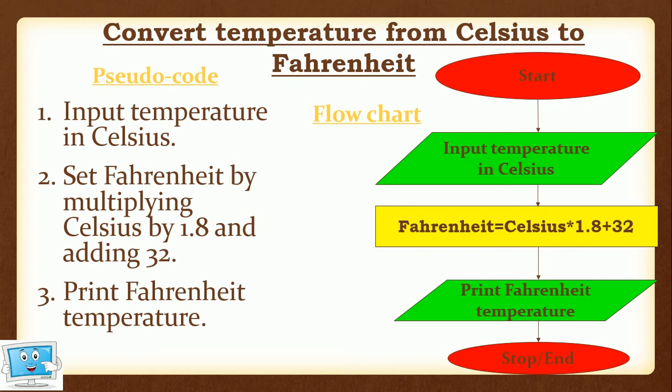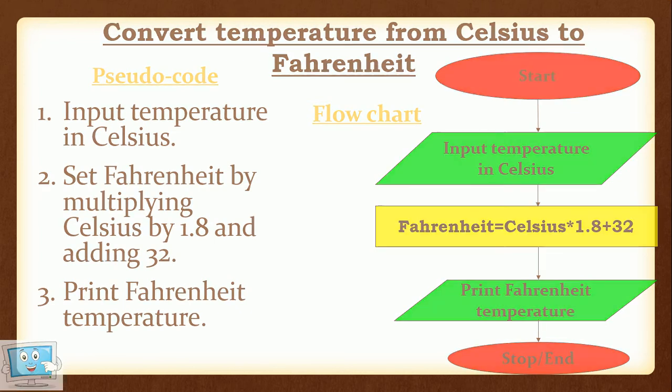Now in the two examples which we have discussed, we have simply done three things, that is, the start and stop box, which is there in every flowchart. The first step was input, the second step was process, and the third step was output. But what if any condition comes? कभी कभी आपके पास condition आ जाती है, so you have to check whether the condition is true or false.